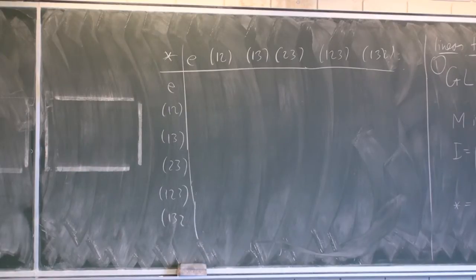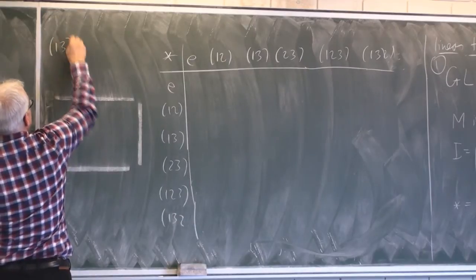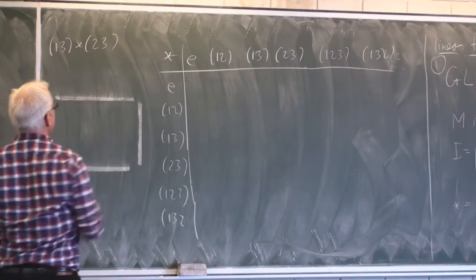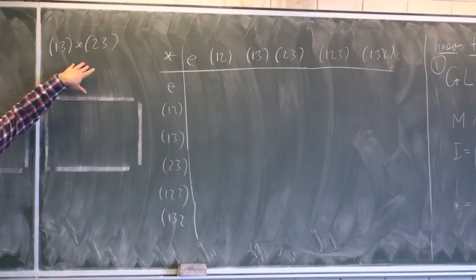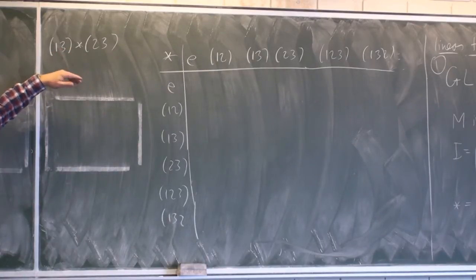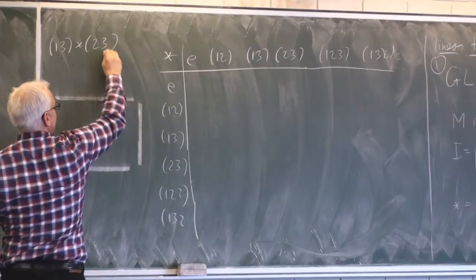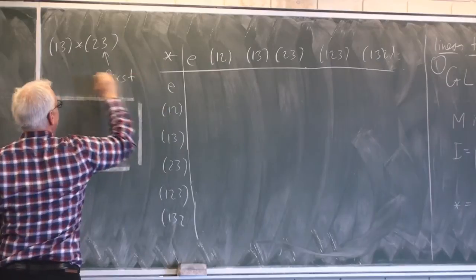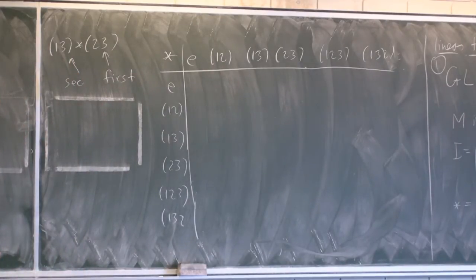And let's agree that when we multiply, for example, 1, 3 times 2, 3, what's this going to mean? That means the corresponding matrices multiplied together. Or in other words, in terms of the action on the vector, we're going to do this one first and this one second. That's just a convention. We don't have to do that. We could do it the other way around, but it sort of corresponds to matrix multiplication if we want to think of these things as matrices.